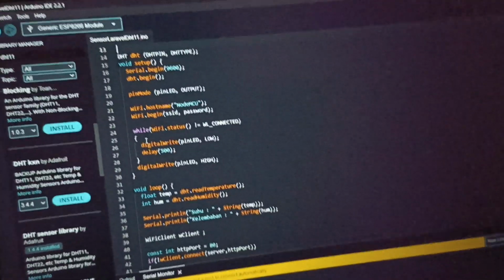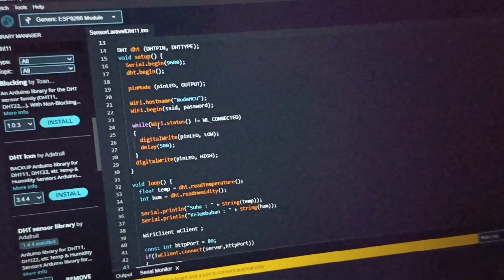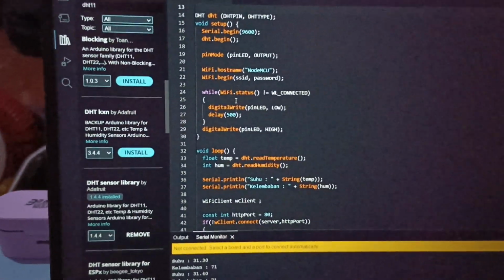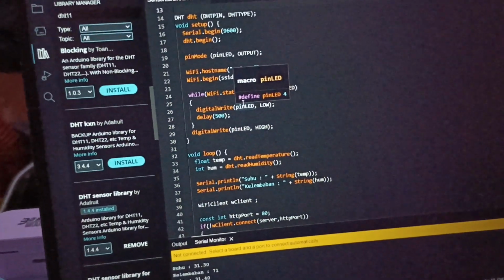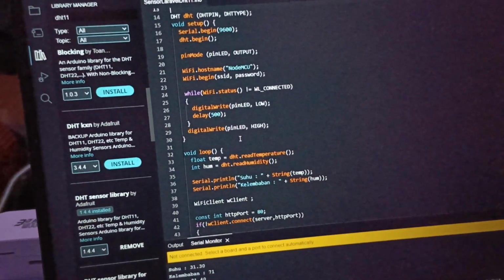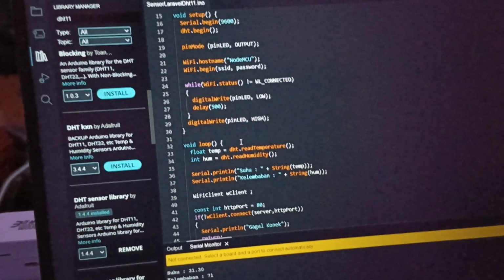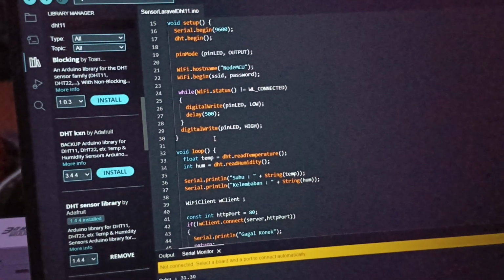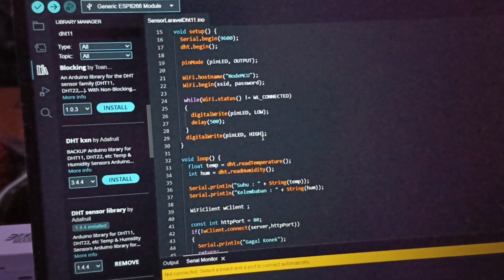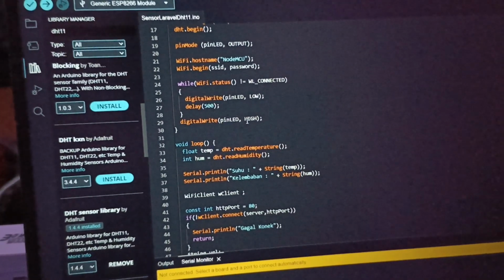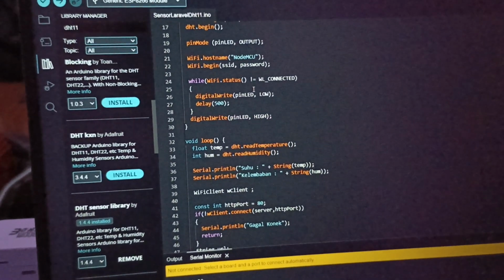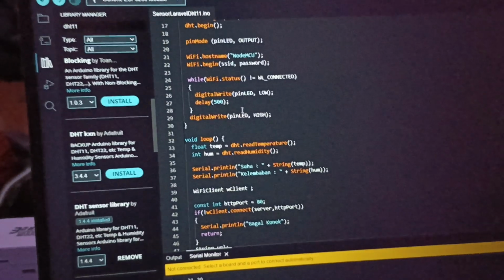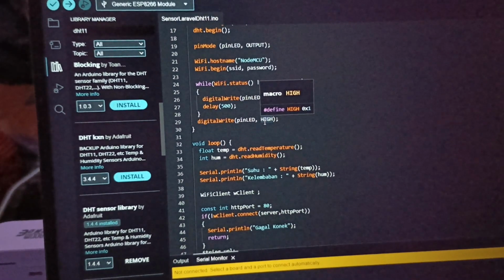This while for Wi-Fi status, this are connected, and this digitalWrite pin LED is low, delay is 500, and this is for digitalWrite pin LED high. If connected, LED is high.